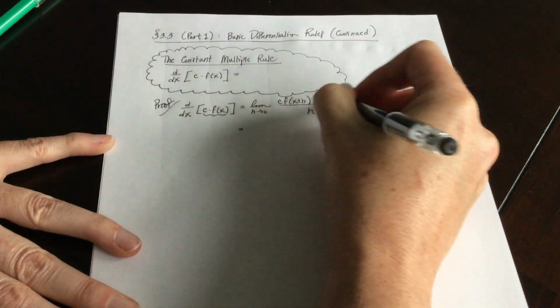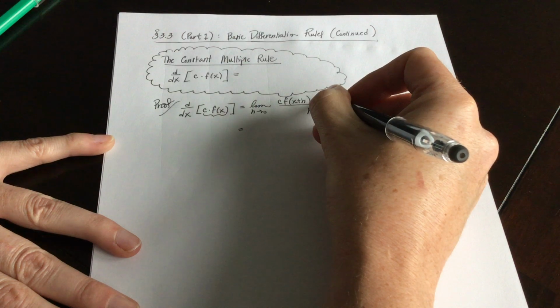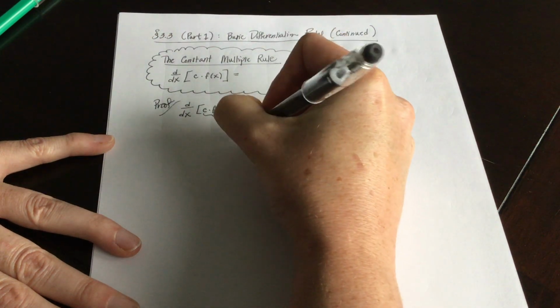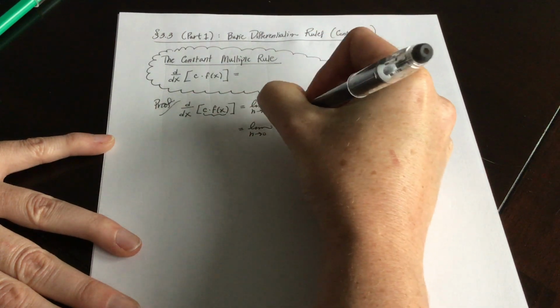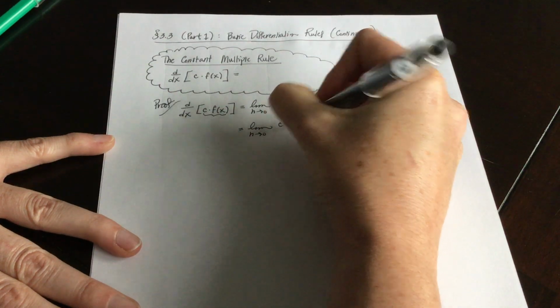And then if you look at what I've got on top, you can factor the c value out, times